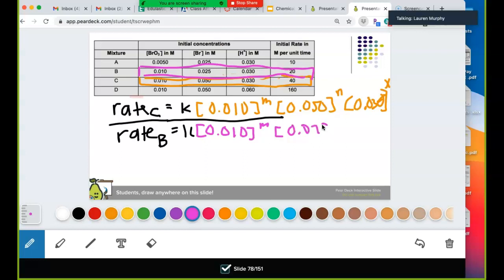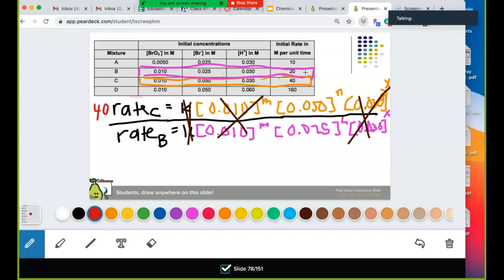Now bromide changed. Okay, so again, look at same exact number, they cancel out. Same exact number, they cancel out. My K's cancel out. Now, I haven't plugged my rates in yet, so I do need to do that. That's this last column right here. The rate for C is 40, right here. And divided by the rate for B is 20. 40 divided by 20 is 2 equals